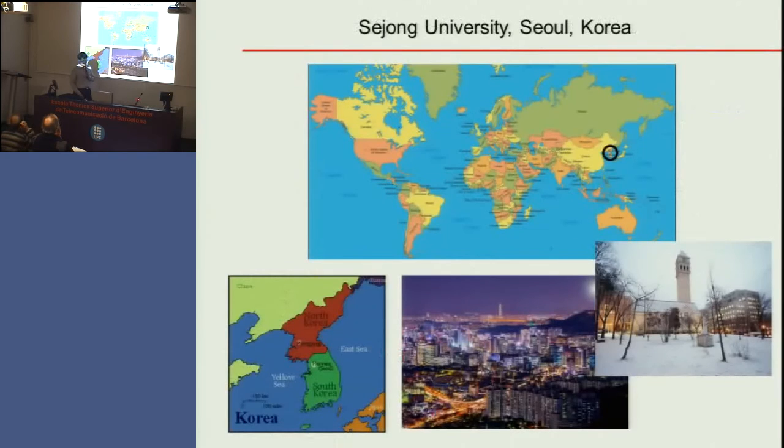Anyhow, let me introduce Sejong University. Probably students will know, I hope, where Seoul is, but it's in the far east side of Asia. I marked it with a circle: North Korea and South Korea, and Seoul is in this place, the capital of South Korea. Sejong University is located in the eastern part of Seoul, inside Seoul. Yeah, this is the campus. This is just a campus view.